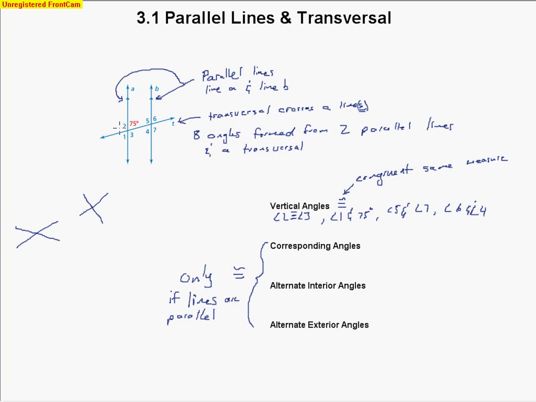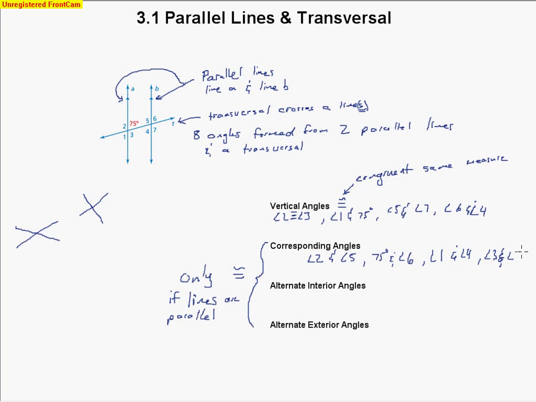Like for instance, 2 and 5 are corresponding. Angles 2 and 5 correspond because they are in the same location with respect to the transversal, both up and left of their respective parallel line. The 75-degree angle and angle 6, those are corresponding because they're in the upper right-hand corner. Angles 1 and 4 are corresponding, they're both in the lower left. And then 3 and 7 correspond also. So angle 3 and